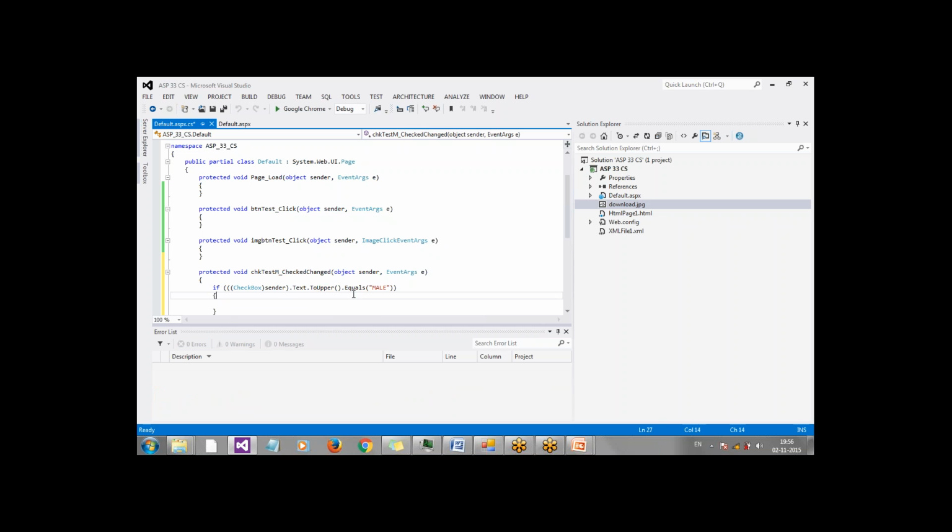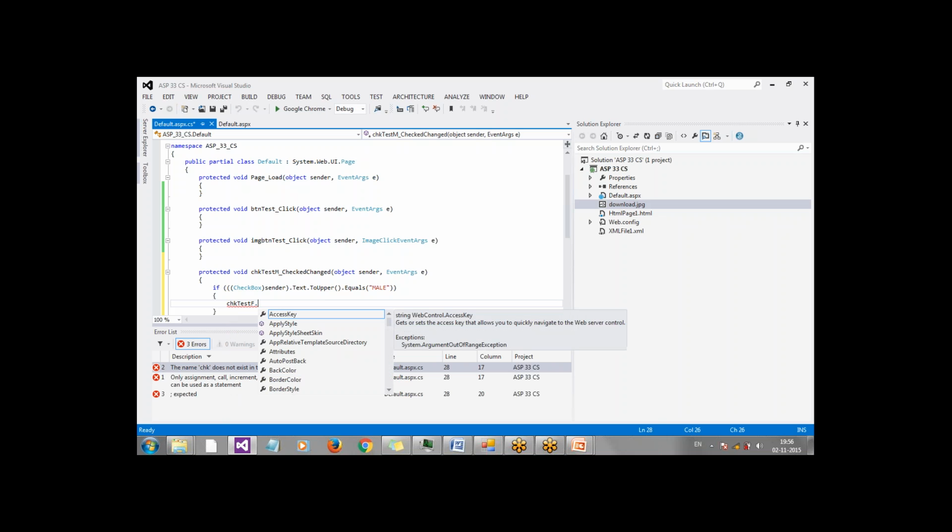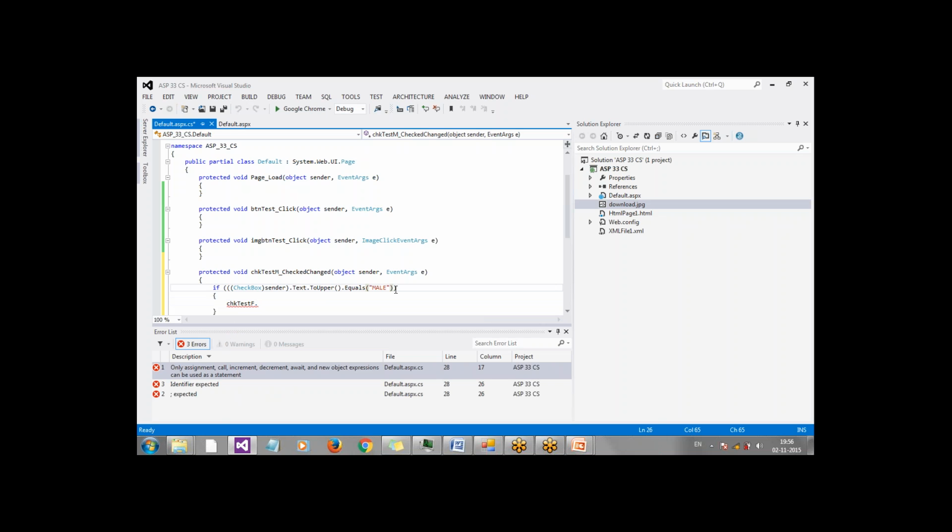I'm checking whether the male checkbox is checked, and what I'll do, chkFemale dot